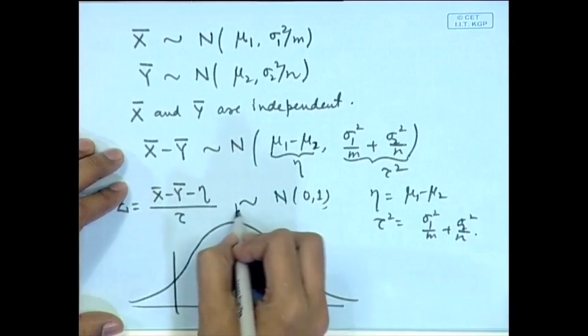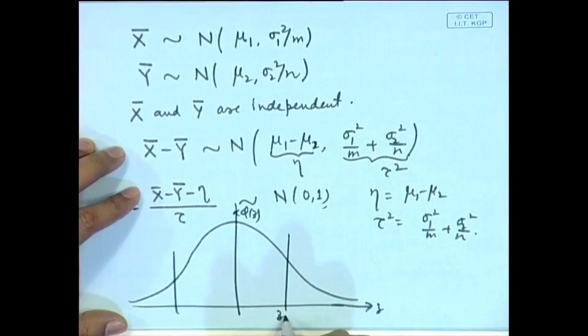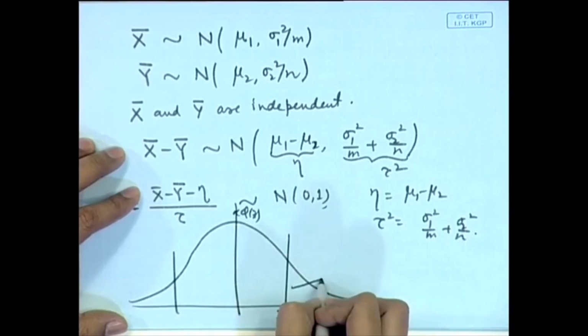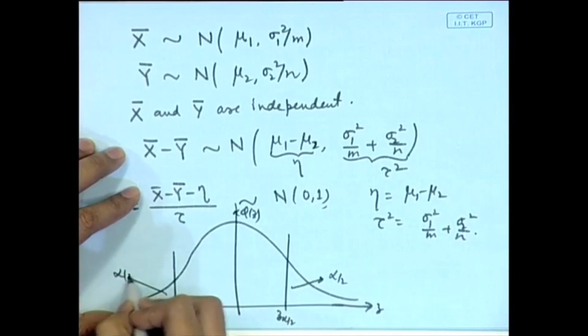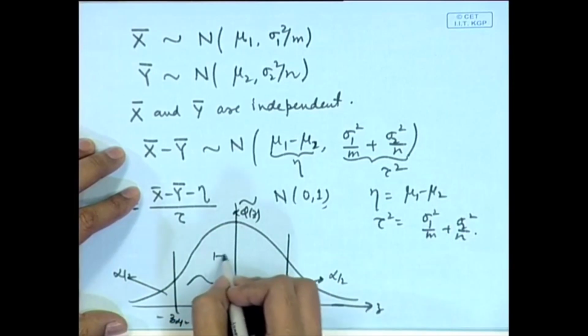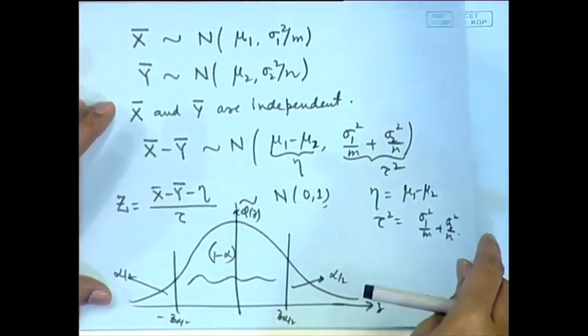So, if this is the phi z, that is the density of the standard normal distribution, then z alpha by 2 is this point, such that this probability is alpha by 2. Then on this side you have minus z alpha by 2, that is this probability is alpha by 2. So, intermediate probability is 1 minus alpha. So, we are able to write down the statement